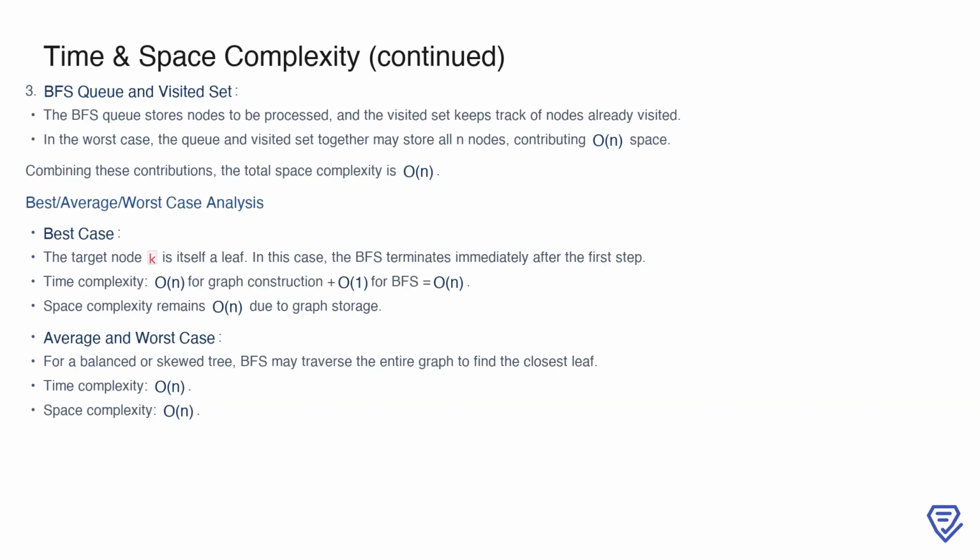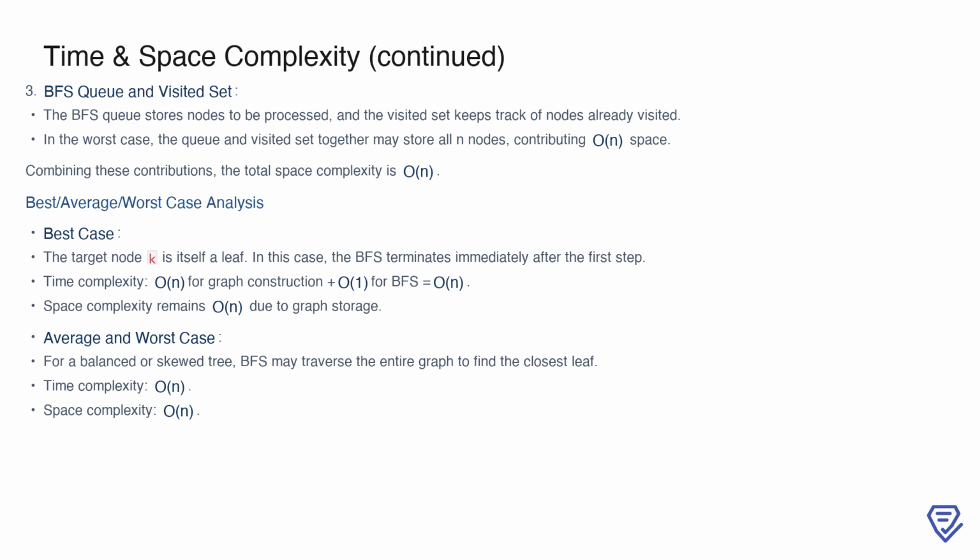The space complexity also includes the BFS queue and visited set. The BFS queue holds nodes to be processed, while the visited set tracks nodes that have already been visited. In the worst case, both the queue and the visited set may store all n nodes, contributing another O(n) to the overall space usage. Combining the graph representation, DFS call stack, BFS queue, and visited set, the total space complexity